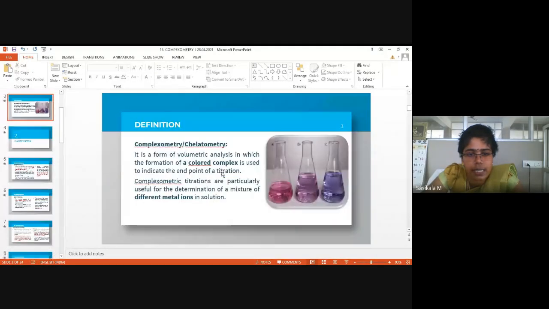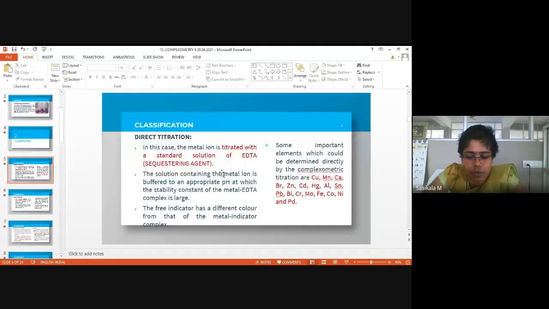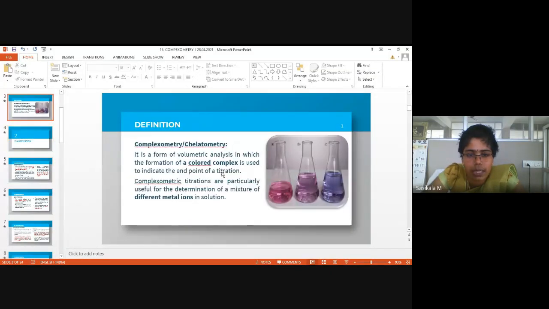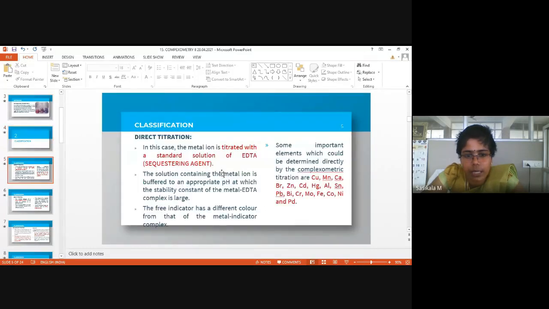Okay, now we have discussed definition and classification. What is the definition of complexometric titration, and how many classifications or different methods are there in the complexometric method? If it is asked, what will you write? Direct, back, replacement, and alkalimetric or indirect method. In precipitation titration, what are the classifications? Mohr's method, Volhard's method, modified Volhard's method, and Fajans method. Okay, so these are the things we have to learn.